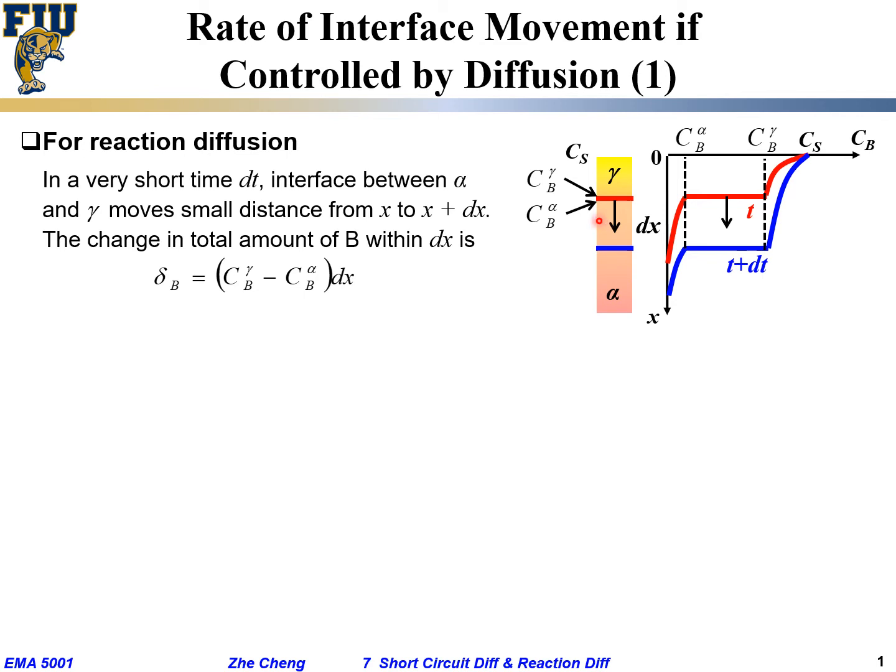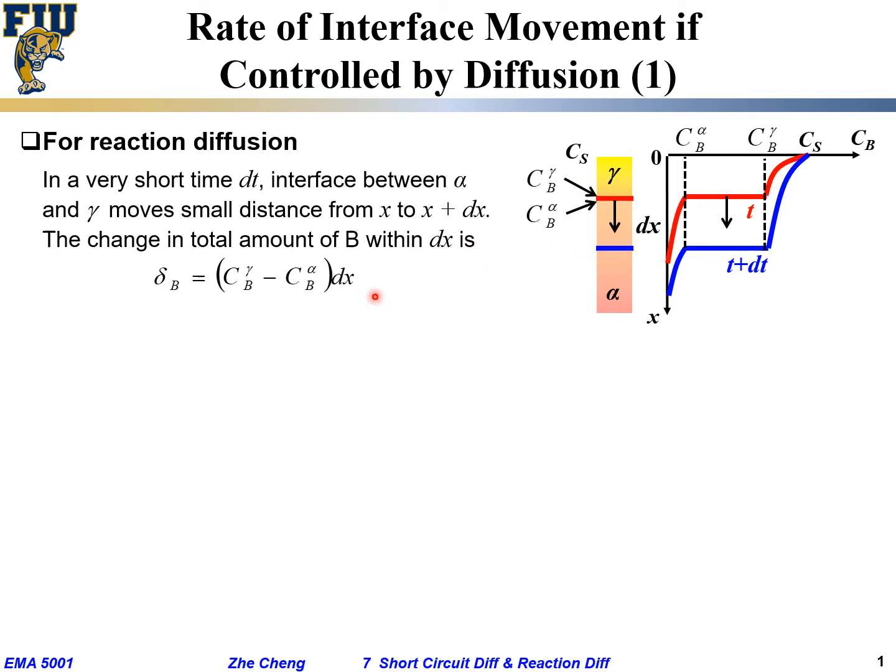Gamma phase, right? So initial concentration CB alpha, final is CB gamma. The concentration changes, and then times dx. That tells me the total amount of solute that changes within this dt, within this dx